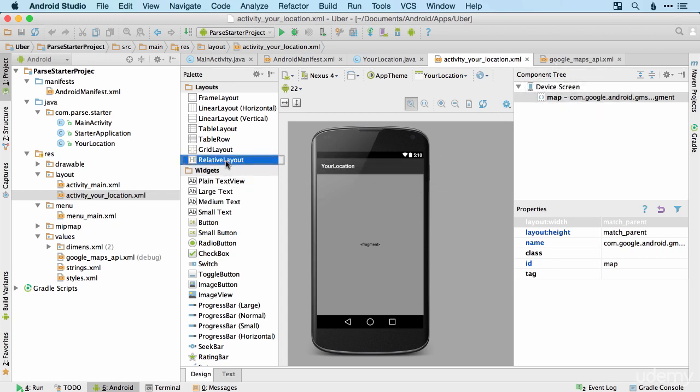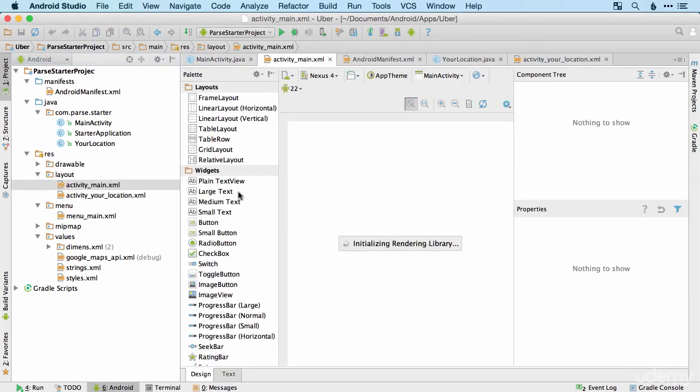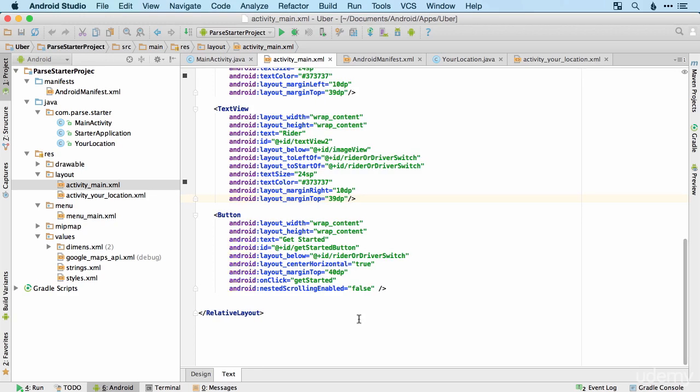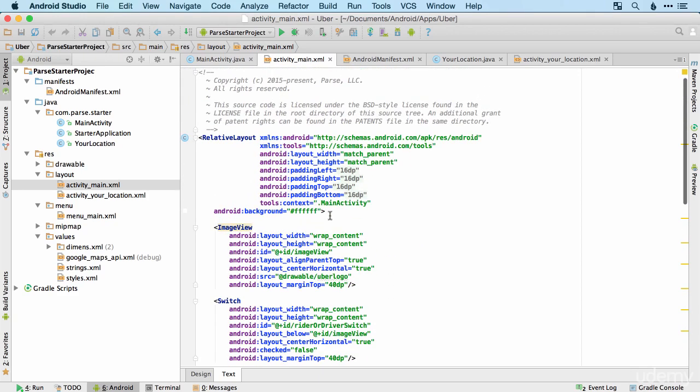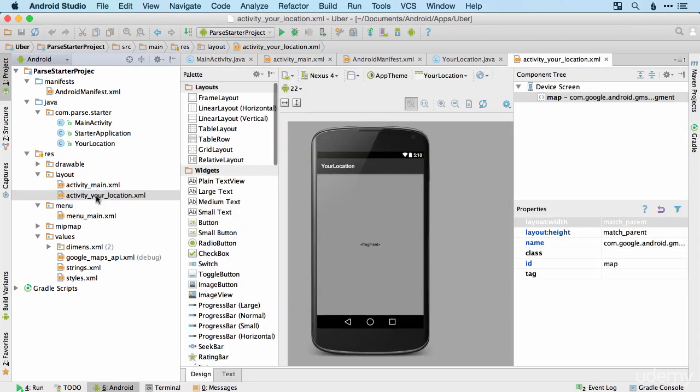So what I'm going to do to solve the problem is to add it using code. I'm going to grab that code from my activity_main.xml, which has the code for a relative layout within it. So let's just grab the XML there and remove what we don't want or what we don't need. So back over